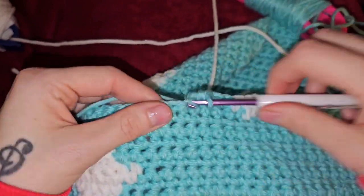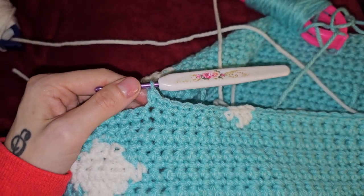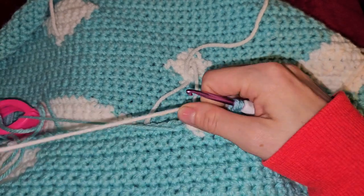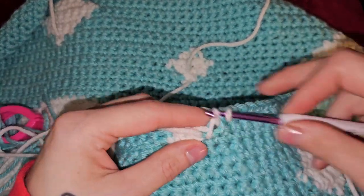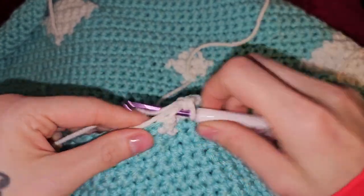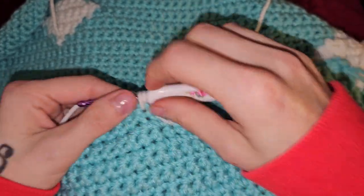To begin row 56, you're going to do 17 teal stitches. So row 56, I did 17 teal. So now we're going to do 5 white, 1 under that loop, 2, 3, 4, pick up that teal, 5,